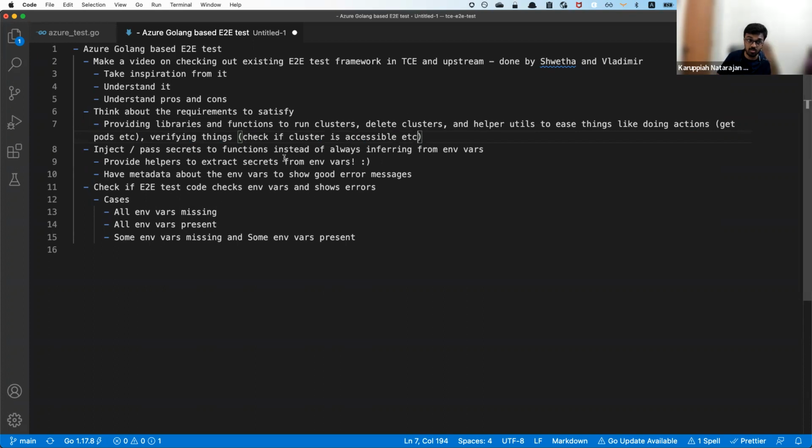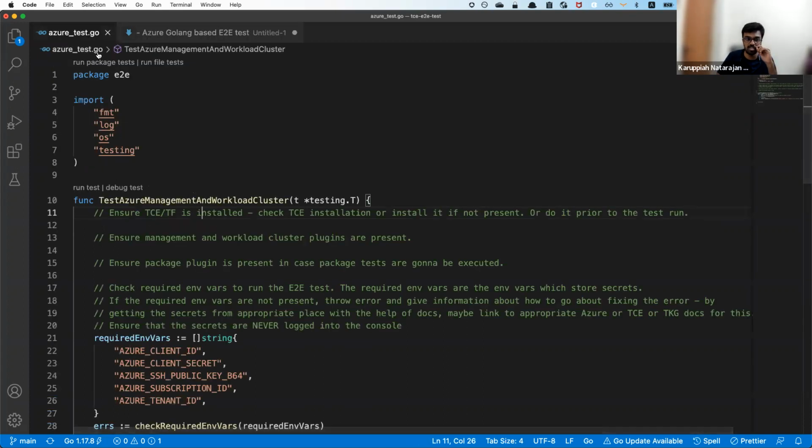Also, for Azure, AWS, and vSphere, we're going to have a lot of secrets. These are all secrets, like client ID and client secret. This is a public key, but we can still keep it secret and hidden instead of exposing it. Subscription ID and tenant ID are also pretty sensitive. So these are all secrets. I was thinking about how, if we provide it as a library, someone would provide the secret from outside to inject it.